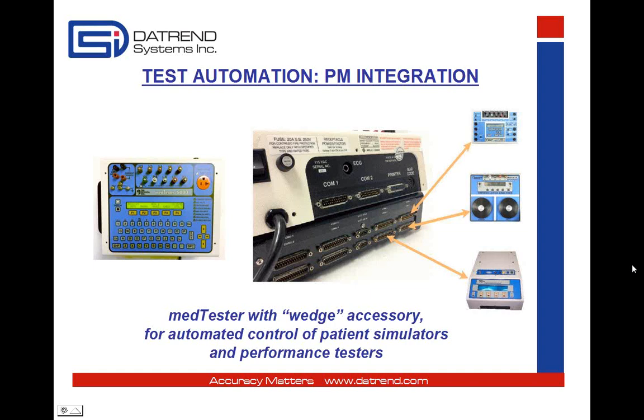The med tester of 25 years ago could also provide test automation through its procedural checklists. By writing a suitable checklist in a CMMS, it became possible for the med tester to control up to 8 test instruments connected to it by RS-232 serial cable. The med tester could control patient simulators, and it could read analyzer measurements that would be integrated with the results of inspections that were done during a PM. PM results, including the performance tests, would then be uploaded into a CMMS to automatically close open work orders,